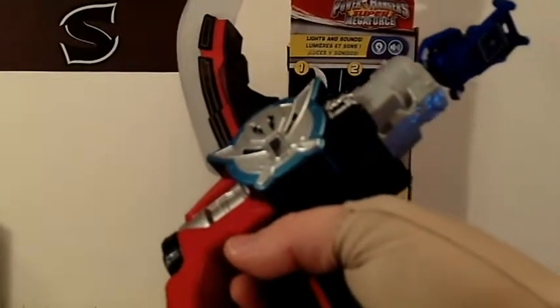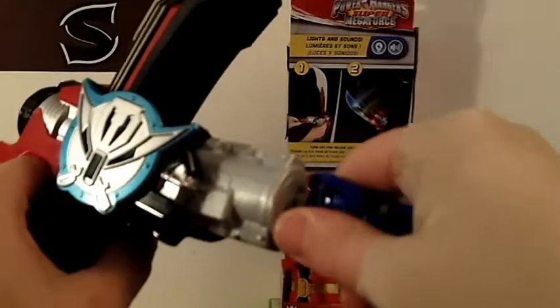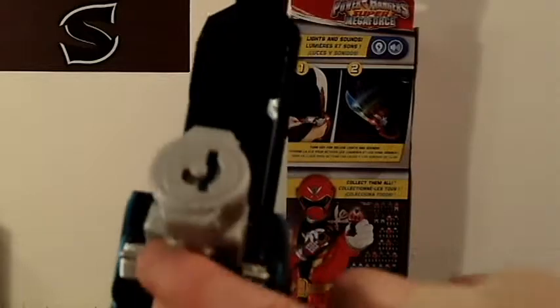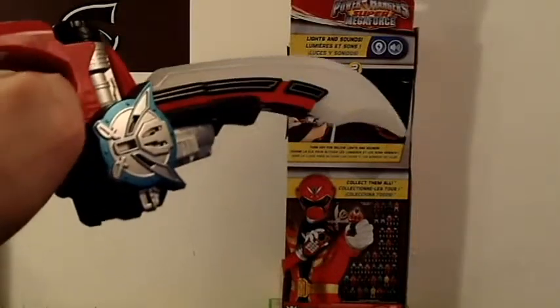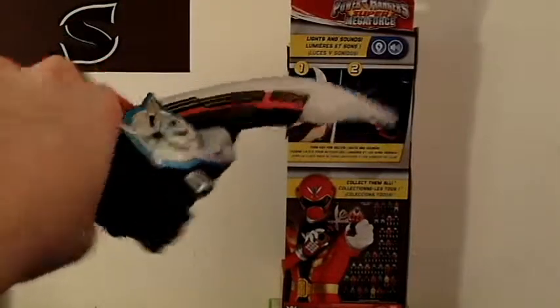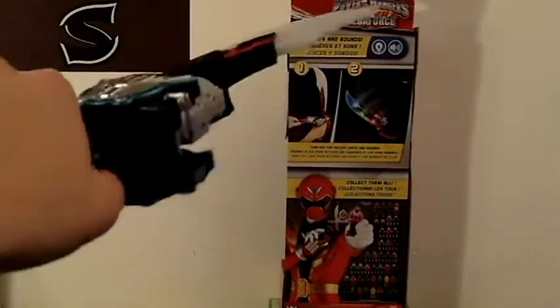Pretty much only has that one final attack sound after you insert the key and activate the attack mode, but it makes a cool sound when you take the key out, and obviously flip that back up when you're done. I actually managed to pick this up at my local Walmart for about 25 bucks, so it was pretty cheap here in America. Now, if you want the Japanese version, if you want the Kaizoku Sentai Gokaiger version, you're definitely going to want to check eBay or Amazon, and definitely expect to pay at least $40 to $50 for a